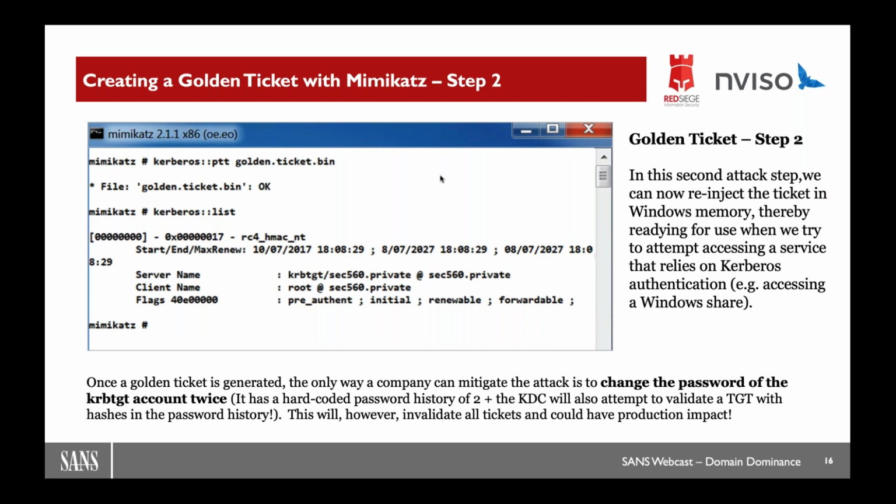Well, when the domain controller tries to validate the TGT, it will try to validate it both using the current Kerberos long-term encryption key and the previous one. The reason for that is a bit of a grace period, if you will, to make sure that there are no replication issues when the password hasn't been fully synchronized across the entire fleet just yet.